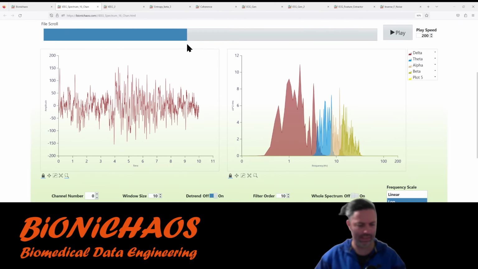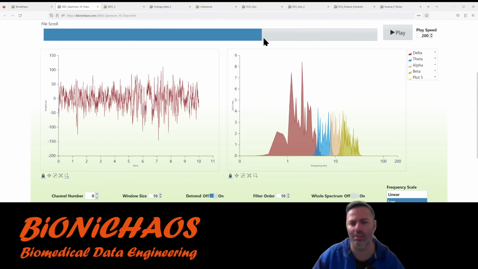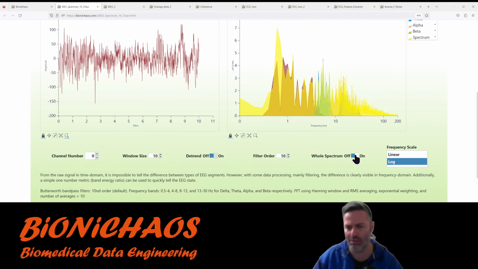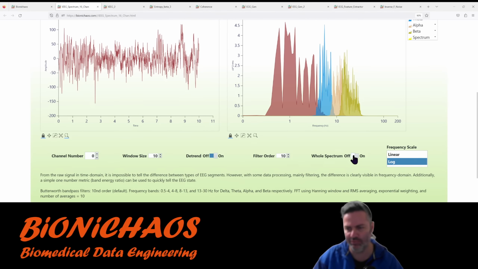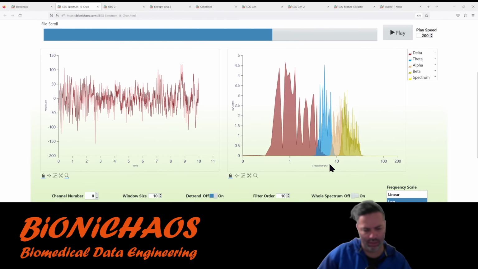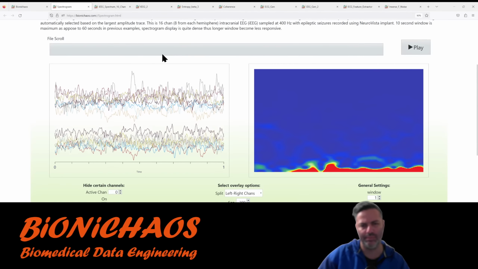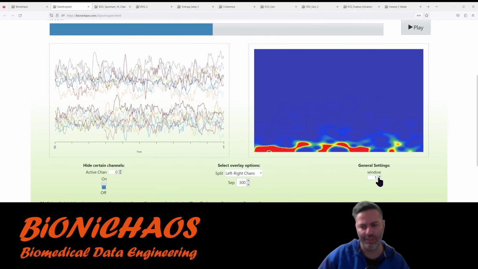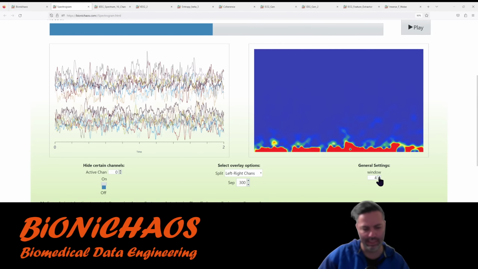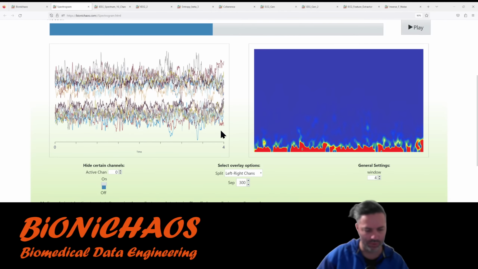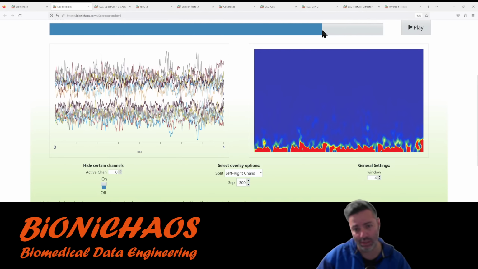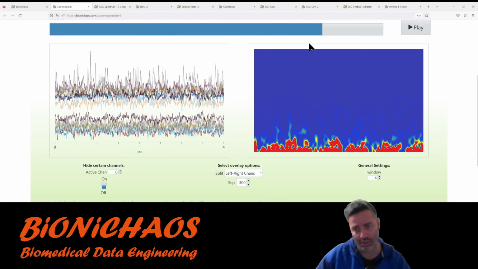Why is that one flickering like that? This window was recently limited to a maximum of 4, because otherwise it just becomes not responsive.